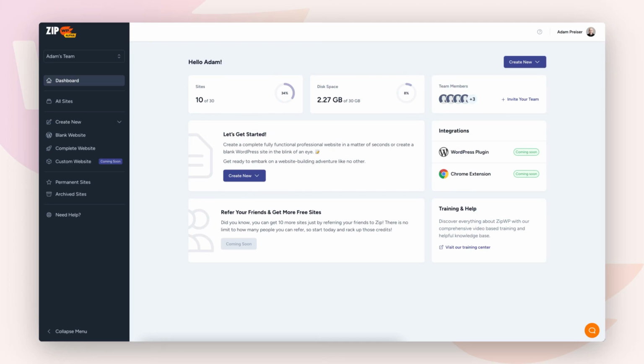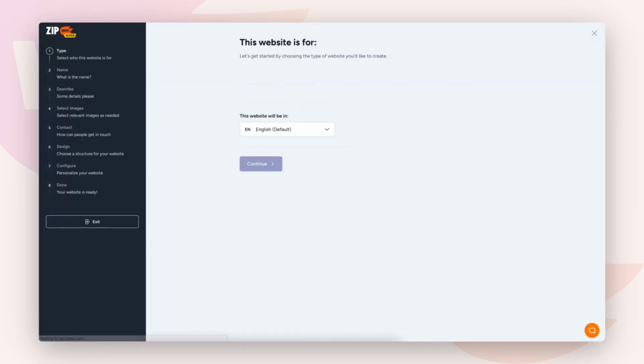Making a website with Zip is quick and easy, but there are a few things you can do to always get exceptional results. So let's make a website together so I can show you how to get the very best results. To get started, we'll click right here where it says Complete Website, and we're going to go through this